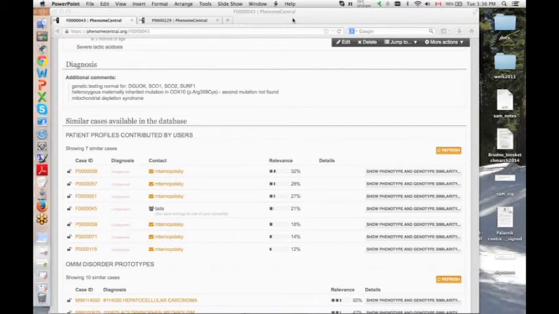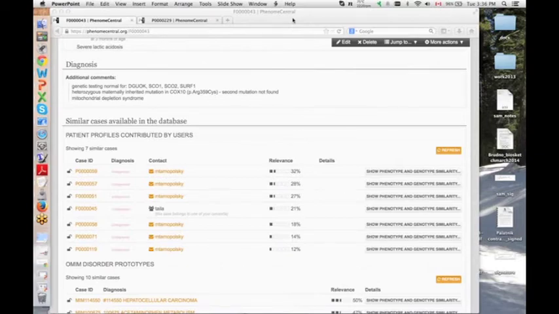As long as they have followed whatever are the necessary regulations on their side, we consider that sufficient. The data is de-identified, needs to be de-identified to be contributed to Phenome Central, and we do have somebody who regularly checks the data to make sure no identifiable information is included. And so we try to address it on our side as well. But we do not have a specific consent form that needs to be filled out for Phenome Central specifically.